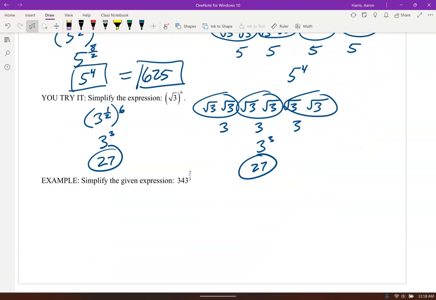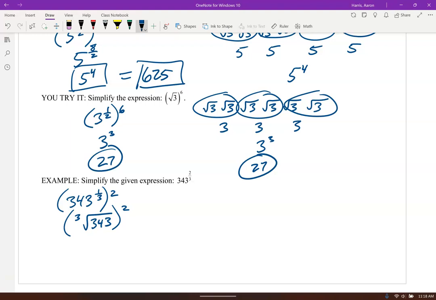All right, let's go ahead and simplify 343 to the 2/3. So it's 343 to the 1/3, squared. In other words, the third root of 343, and then that's squared. So we're going to work inside that parentheses first. We're going to take the third root of